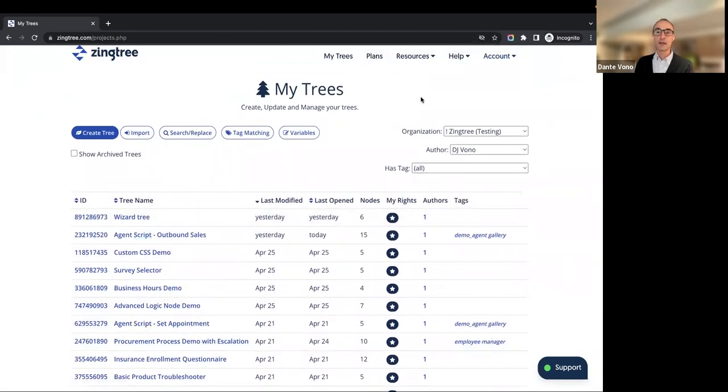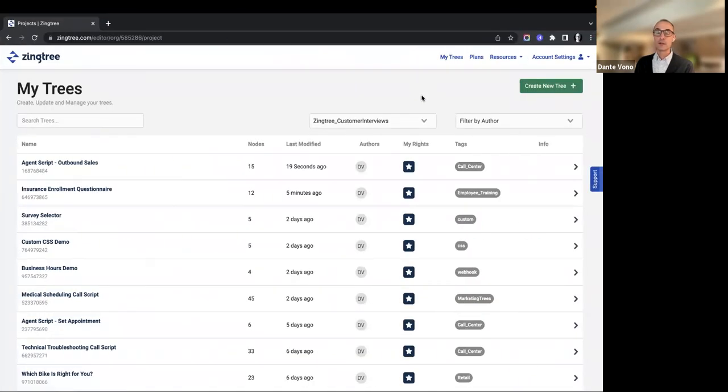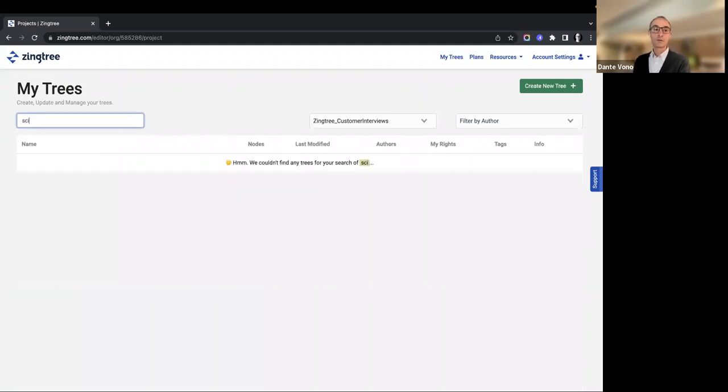But let me just compare that to new authoring. So here's new authoring. This maybe doesn't look that different. We're going to see some really exciting stuff in a moment, but we want to start you off in a familiar place. The My Trees page has all the things that you have today, but more. For example, let's try that same thing that I was just doing a moment ago. We're going to search for script.